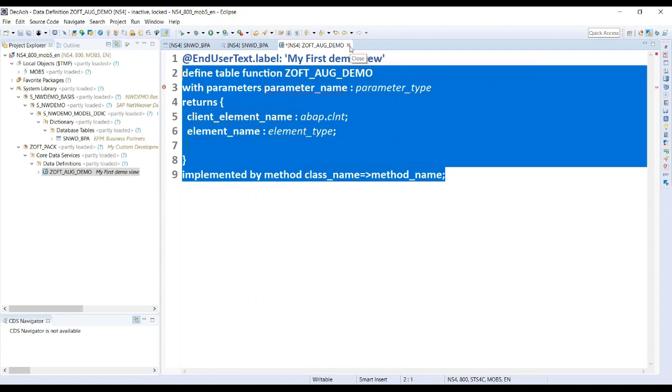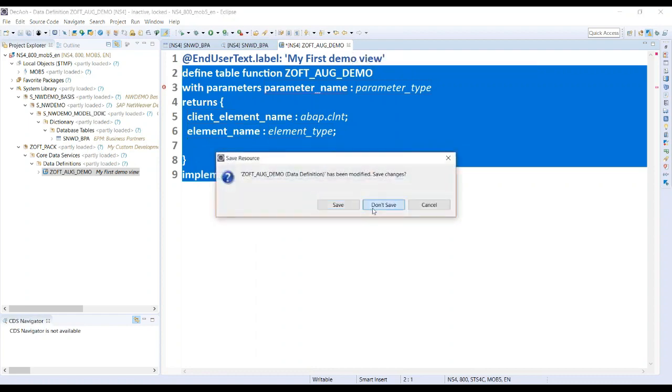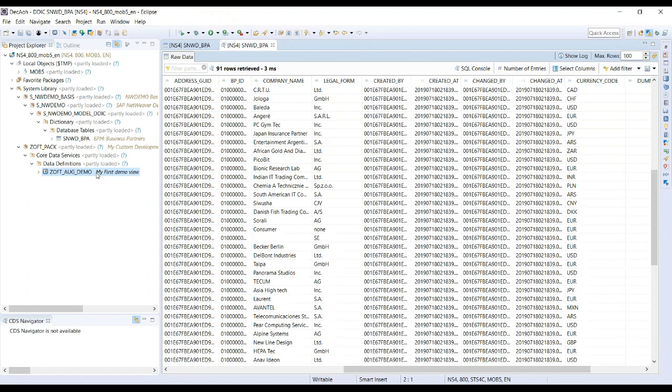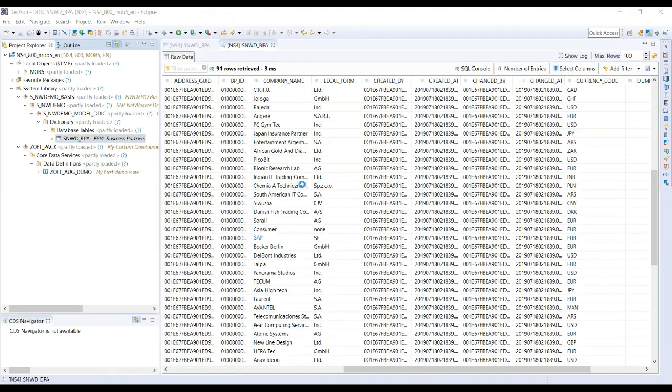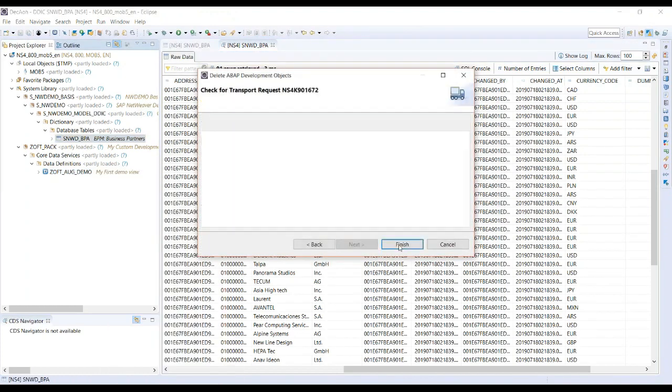So maybe I just use the wizard again, maybe not saving this. I'm just going to delete this again and create another one, and it's logged in the same transport request, the deletion as well. And I'll quickly go back and create another